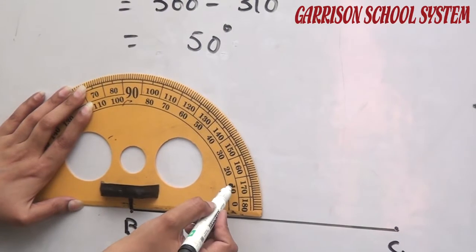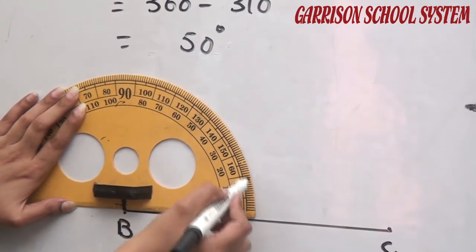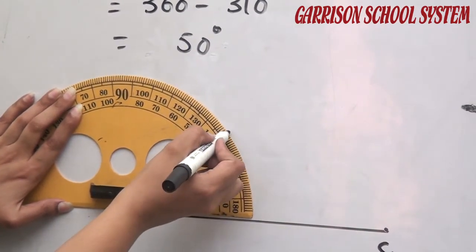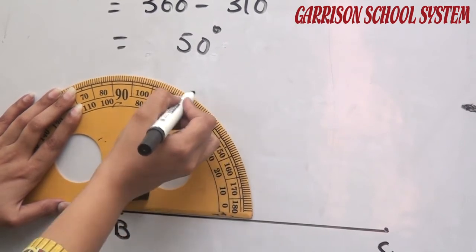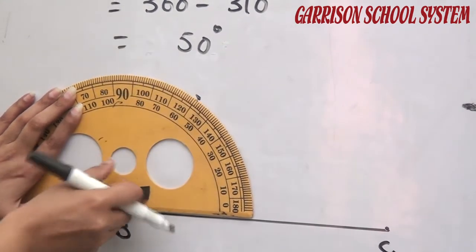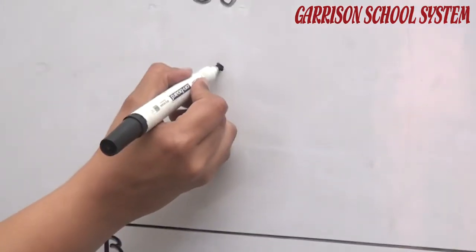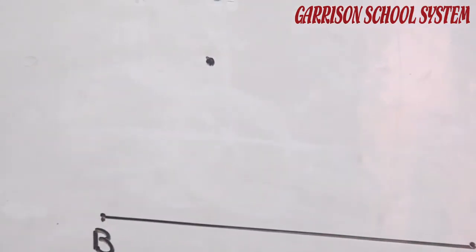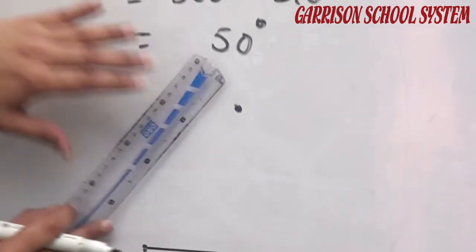This is 0, 10, 20, 30, 40 and 50. So I have marked a point here at 50. So we will join both the points